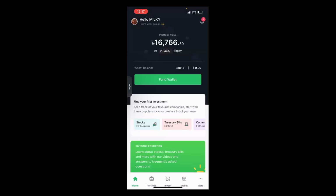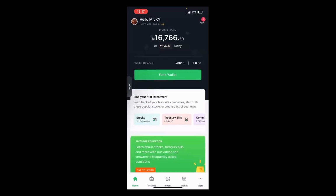So moving on, after funding your wallet, you already have some stocks in your portfolio, and you want to sell your stocks because you bought them previously. You've made profits, you've gotten dividends, and you feel you need some cash and want to quickly sell from your portfolio. Before I go into that, I need to explain some reasons why people sell